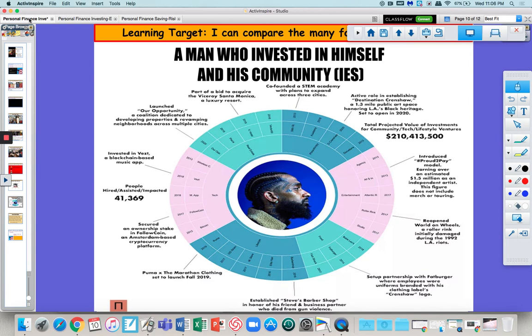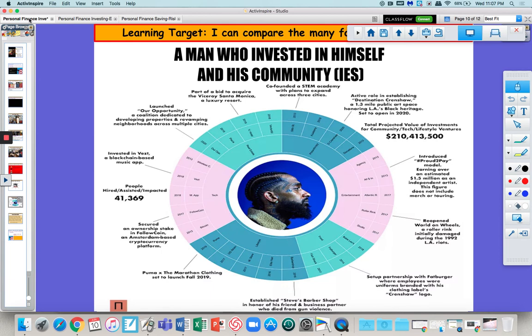But if you look at Nipsey Hussle, who you could see here on the screen, first of all, in his music, he sung a lot about personal finance. One of the lessons that I wish I got to do with you, that I did with the students last year, is actually use his music to teach investing, because he has so many lyrics about investing. So, guys, you have been getting finance lessons all along. Many rappers, in particular, have a lot of finance in their lyrics. So when you're listening to rap and they're bringing up finance, listen to them because they are teaching you lessons.